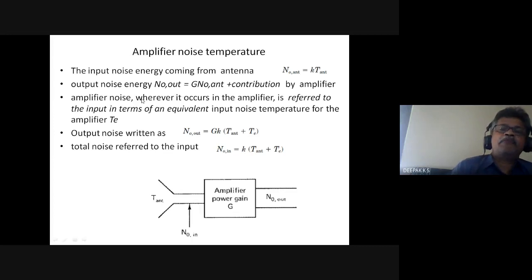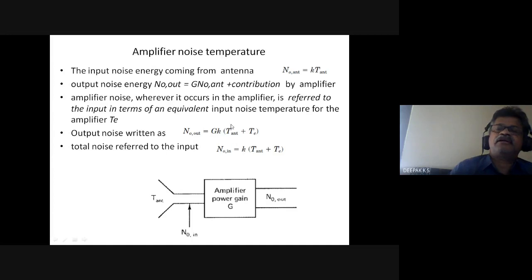So amplifier noise, whenever it occurs in the amplifier, is referred to the input in terms of an equivalent noise temperature for the amplifier, which is Te. So the noise generated by the amplifier is also converted into an equivalent temperature at the input and multiplied by the gain, resulting in a noise. So we normally write N naught out as G K T